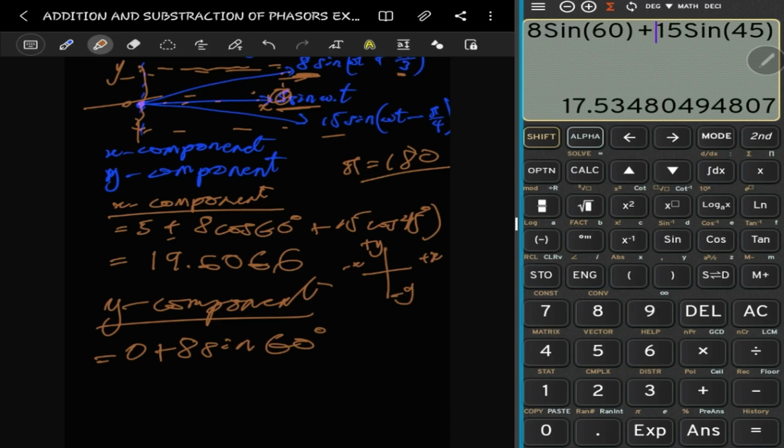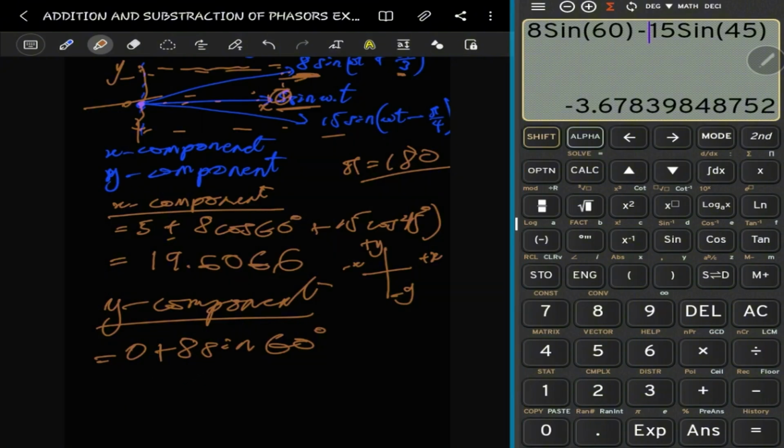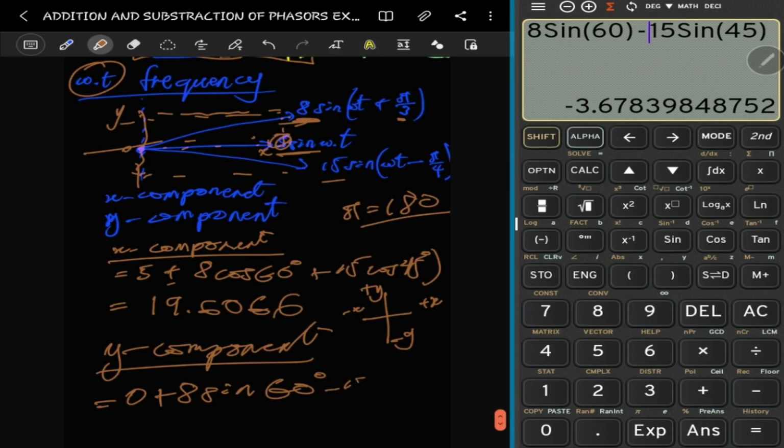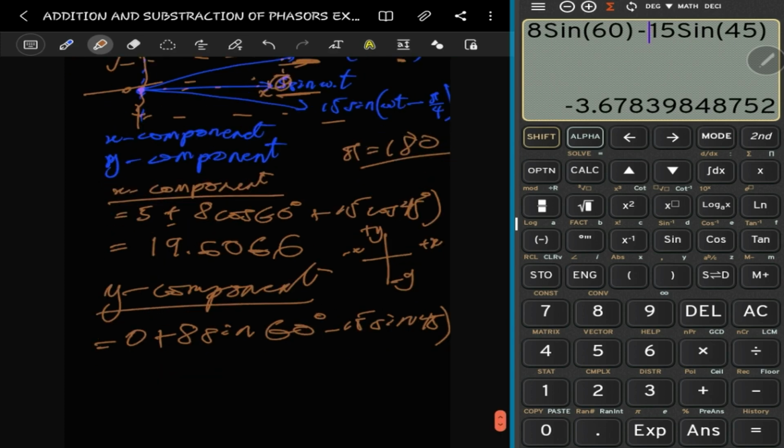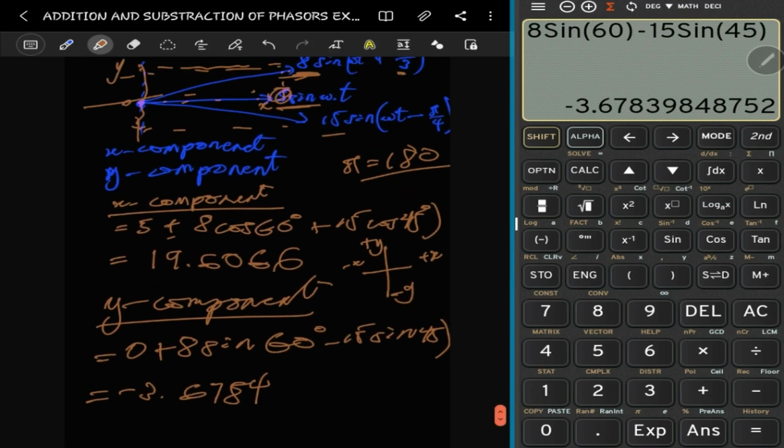This is minus. Okay. All right. So this is 0. This is sine plus, right? And for the 15 one, it's negative. So that's 15 or sine 45, right? 45, right? So that gives us a minus 3.678 for approximately 4 dB, right? So we have these. So this is what will help us to actually get